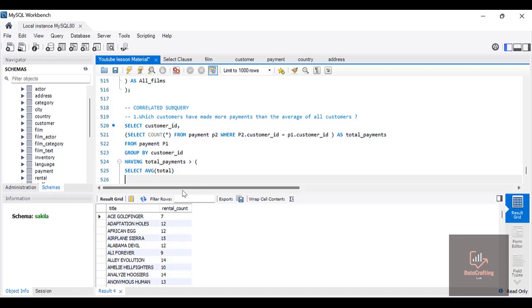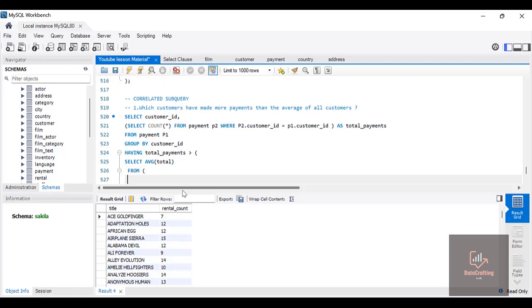from open parenthesis. Now select customer_ID, customer_ID, count, open parenthesis, close the bracket, close parenthesis, as what? As total,